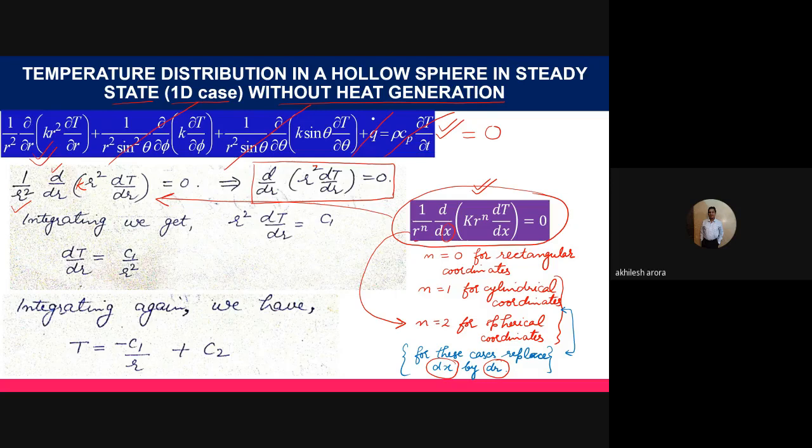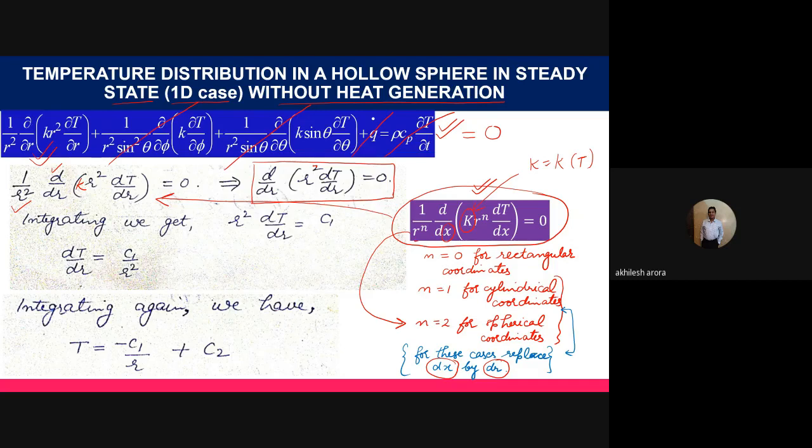So basically we can start from this particular point. Why is it important to keep k here in case of one dimensional cases? Because sometimes k can be a function of temperature also. In those conditions, the value of k will vary with respect to temperature, and maybe with the direction x also it may vary. So that is why it has been considered in the brackets.